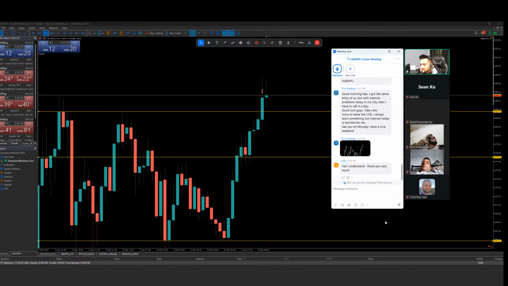Bro, if it closes above the resistance, we are buying. No, we are not buying. You just need to wait for new structure to be formed. I anticipated the 10:30 time candle with volume. It will continue to break that day's high. It is a nice impulse entry. I don't know what happened at 10:30. I was not on the chart.